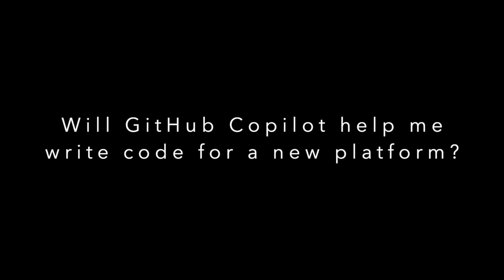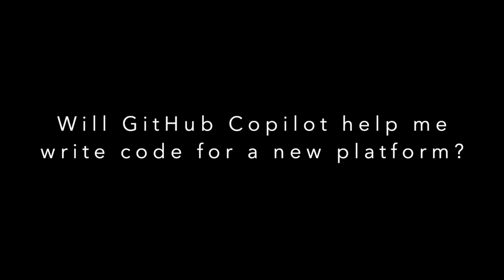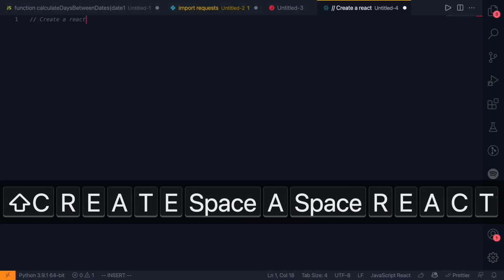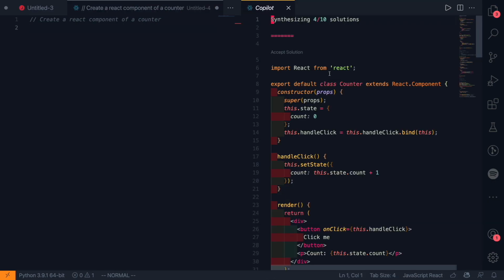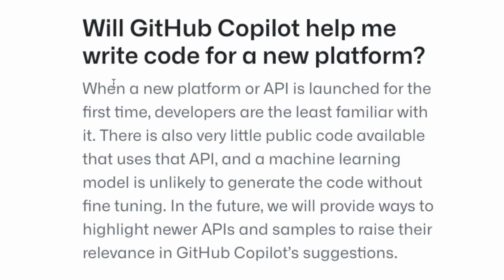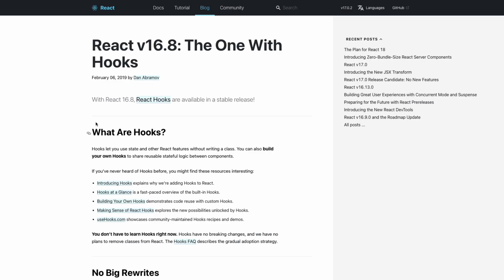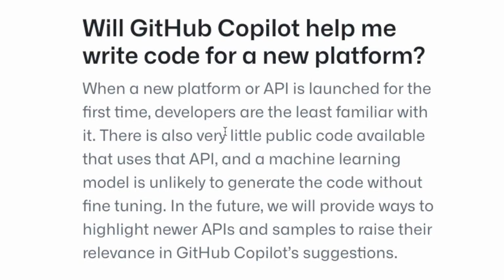The next question then will be, can or will GitHub Copilot help me write code for a new platform? So if you've seen an example where I work with React, it's not clear that Copilot will always suggest useful or helpful suggestions. Although React is not exactly a very new platform or API, there has been some major changes to how people write React code, and as such there has been very little public code available that uses React in the way that people do nowadays,